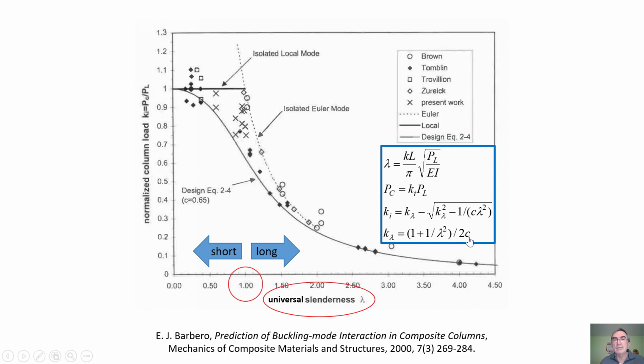Divided by 2C, or what is the C? C is the interaction constant, which according to this graph is 0.65, but be careful, because 0.65 is from experiments that were done in the year 2000 with one particular type of column produced in 1998, so it may not apply to your columns today. But you have to have this value. Once you have this value, you can calculate K sub lambda, then put K sub lambda here, there is C again, lambda again, no problem. You do this, you have K sub I, that's it, you have your design equation. So by now, the only problem is where are we going to get C? That's what we have to talk about.